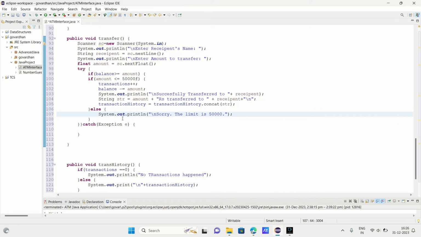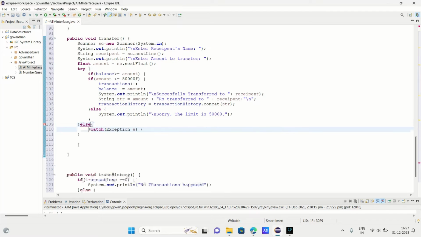Next I'm going to create one more else condition, guys, because you can see there are two if conditions. So I'm creating one more else condition here. Let me create that quickly. Else,